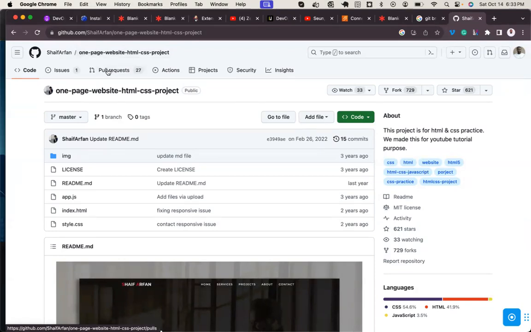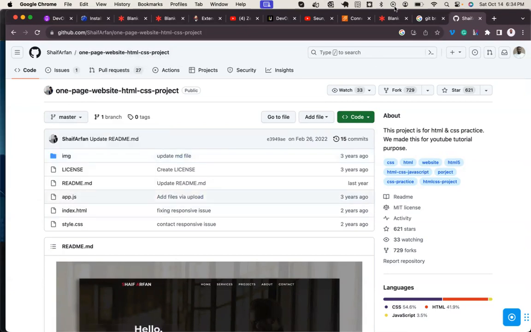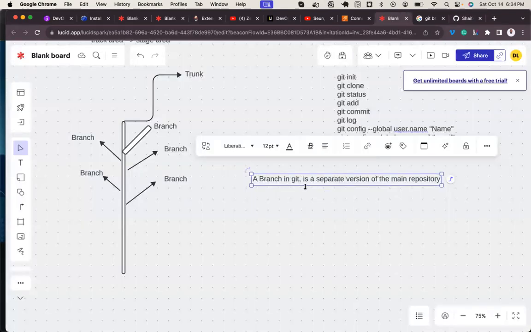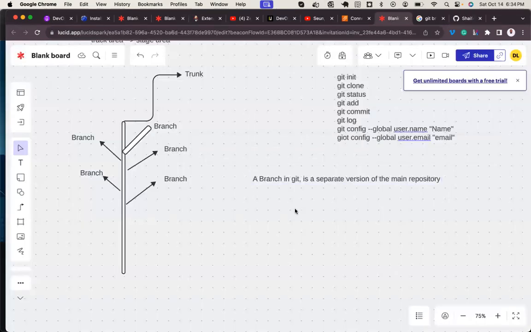This repository has branches. The branches are separate versions of the main repository. A branch in Git is a separate version of the main repository. All right? That is it.